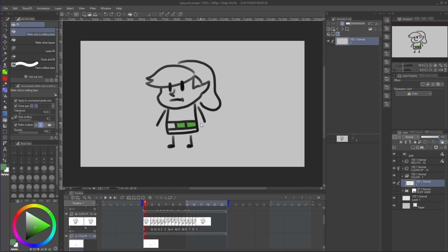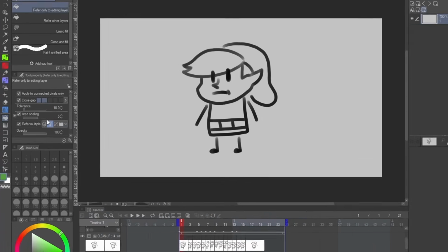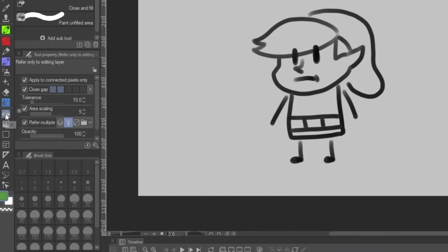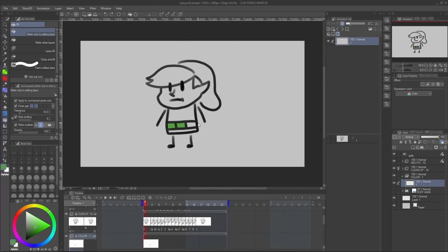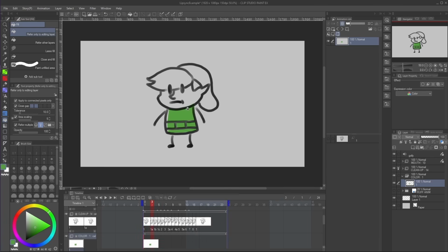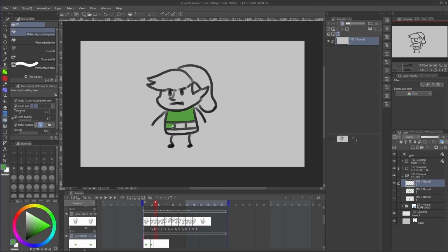So that's super neat. Under your tool options, it should be enabled by default, but with your paint bucket selected, you'll want to have this little lighthouse turned on. And you can click once to fill in each section, or what I like to do is click and drag to have it fill in multiples. So we could really quickly just go frame by frame, create blank animation cells, and just really quickly fill in